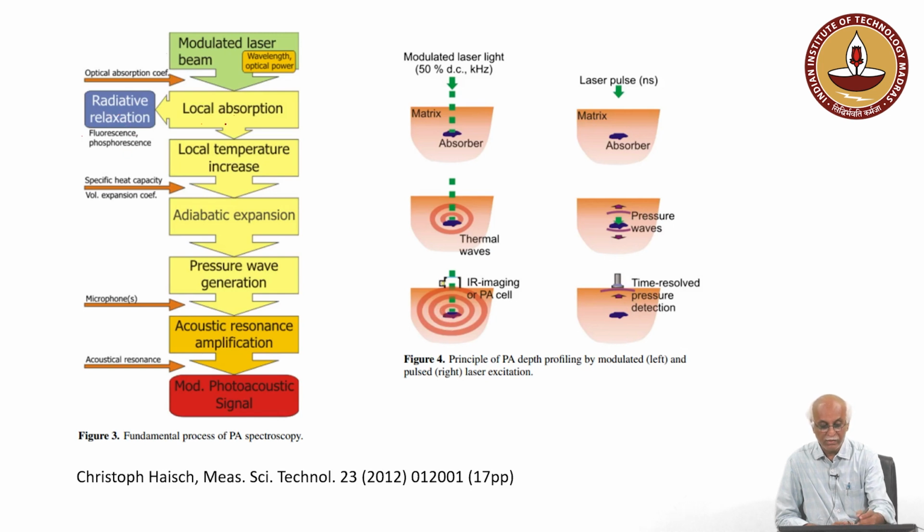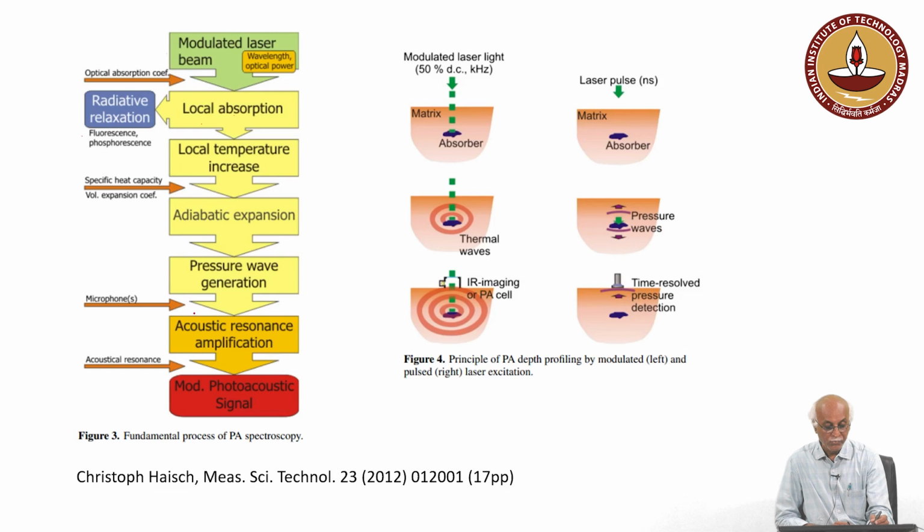However, acoustic waves are generated due to the local temperature increase, adiabatic expansion, and then pressure wave generation, and this pressure wave acts as an impulsive force to produce acoustic resonance, okay. And this acoustic resonance